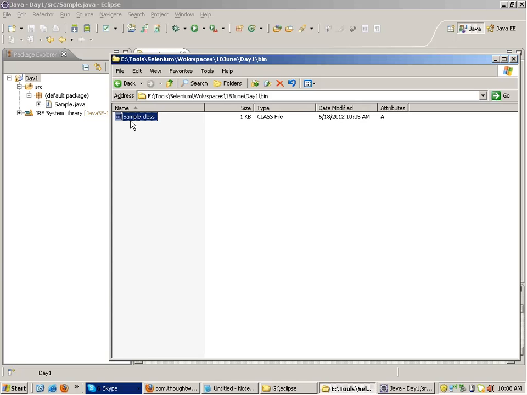You can make the class file on Windows and you can make it execute on Linux as well, on any operating system, on Mac OS or whatever you have. Okay, now when we practically work with Selenium,